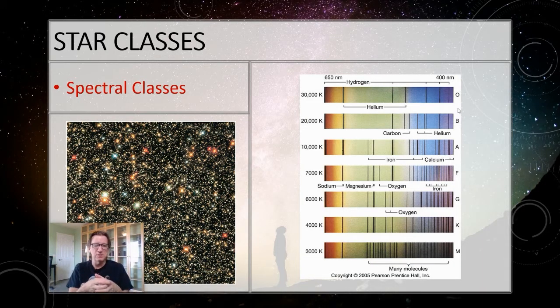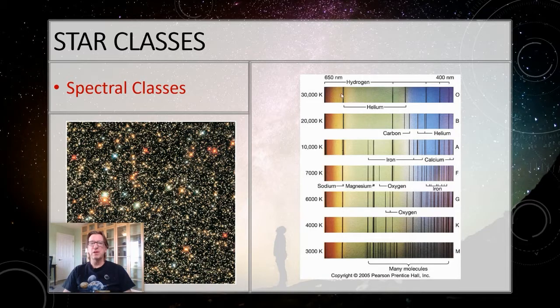And so we combined those together. By the time we finished combining all of the ones that turned out to be the same kind of star, we only had 7 left. Then we realized that the temperature of the star goes in a nice even progression if we put them in the correct order. Some people call this the astronomer's alphabet. The hottest one was a type O. The next hottest was a type B. Then A, F, G, K, and M. We'll talk about that more in just a little bit.